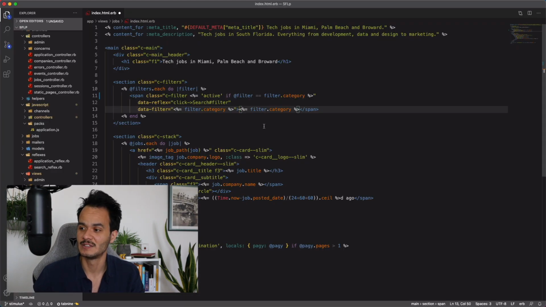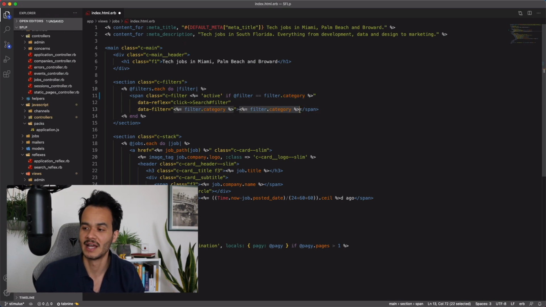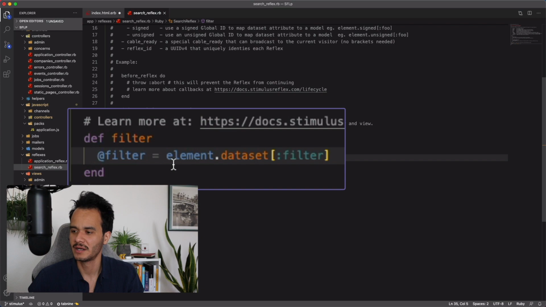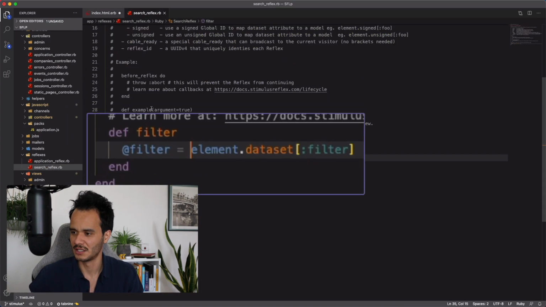And the reason for that is because I need that data later on in the search file. And Stimulus Reflex will automatically send it to the search file as long as I put it inside of a data attribute. It won't automatically send whatever value is inside of the HTML tag. So now let's take a look at the filter method inside of that search file. And all I'm doing here is I'm creating a variable that has the value that's inside this data filter attribute here, which I can do with